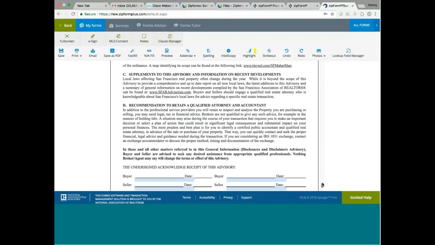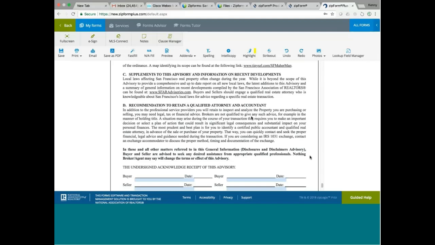C&D talks about retaining a qualified lawyer and accountant. It's just an advisory. And then C basically said that they tend to update the advisory once a year. Okay? So if you want to get the latest advisories, go to this website. It's called